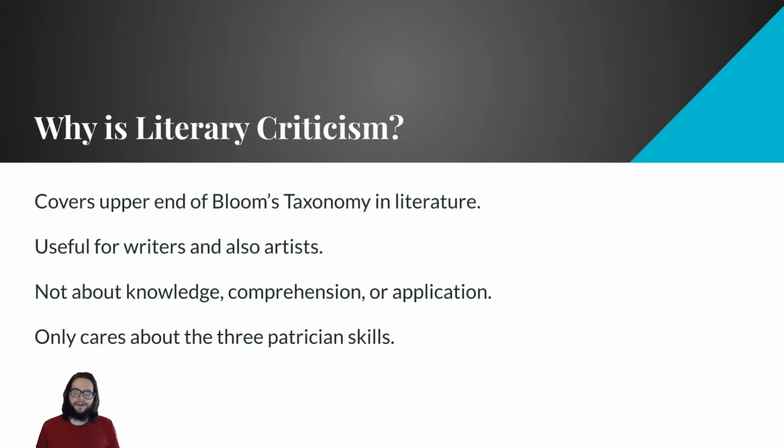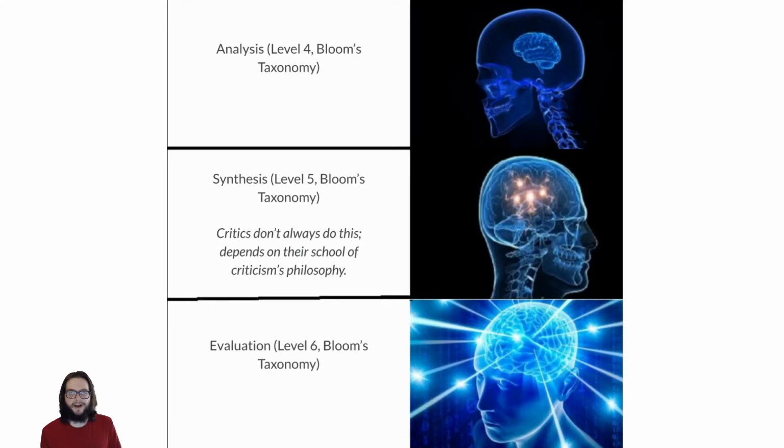Literary criticism primarily focuses on what I call the three patrician skills, and they're the upper three of the six-part Bloom's taxonomy. Analysis, which is your ability to talk about it in depth and explain what's going on and why. Synthesis, which is the ability to create. People will have different definitions of what that means. Do you have to write literature, or can you write about literature? Not every critic is going to write literature of their own,